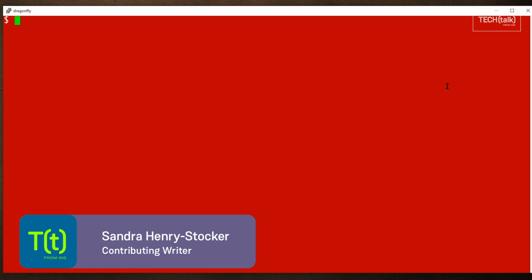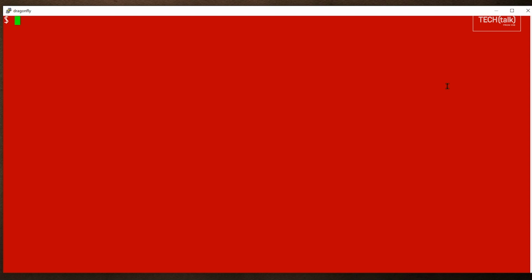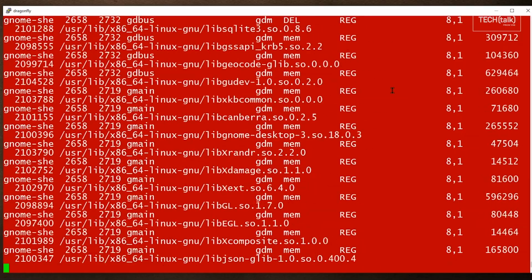In this Linux tip, we're going to look at the lsof, List Open Files command, and you might be in for a bit of a surprise. Note, to properly list all open files, you should use sudo, otherwise you're likely to run into a lot of permission denied warnings. So let's just run the command like that. And you can see that's a lot of output.